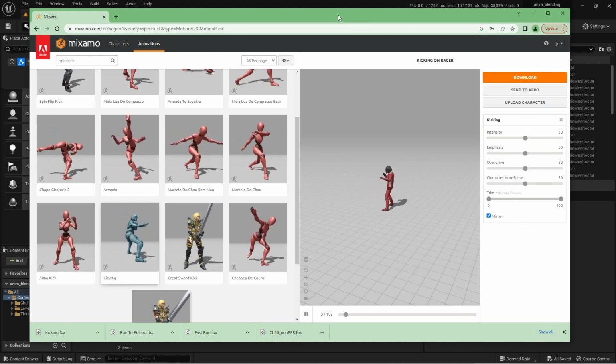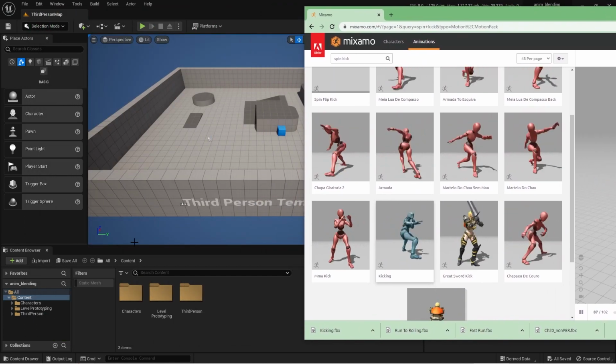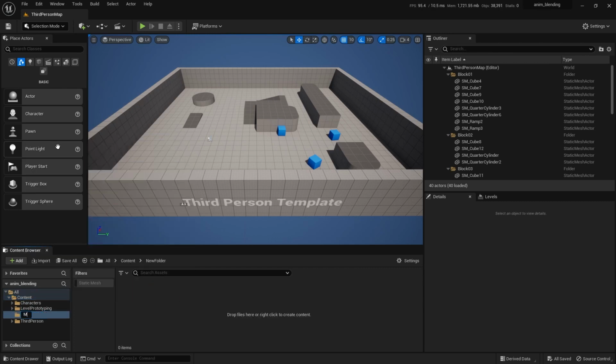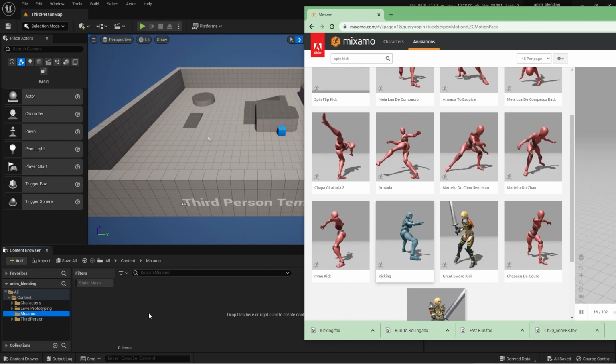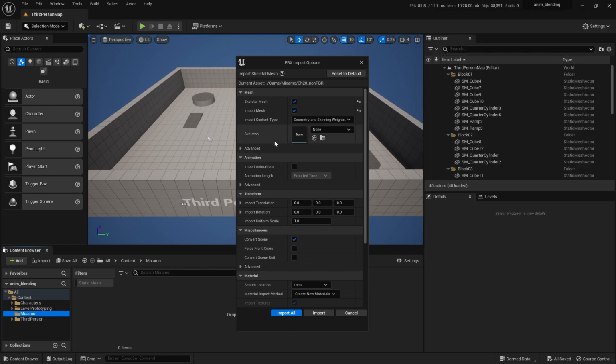Let's bring them into our Unreal session. So what I'm going to do is I'm just going to make another folder here called Mixamo. And you can just bring in your characters like this. So I'm going to drag from the browser tab and you get the pop-up here. I don't have a skeleton that I'm assigning this character to. I want him to bring in his own character. So I grabbed, this is actually important, I grabbed the static T-Pose asset first and I'm bringing it in.